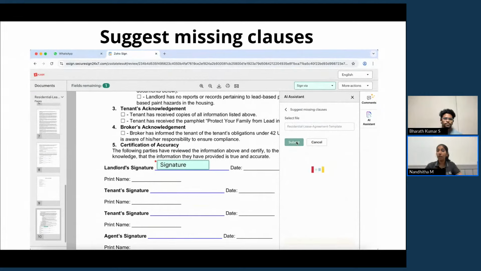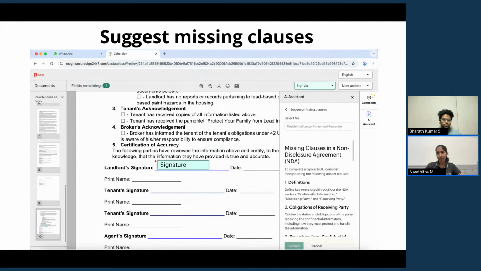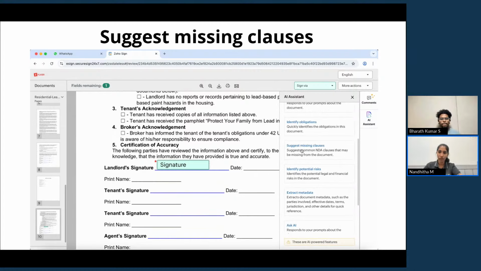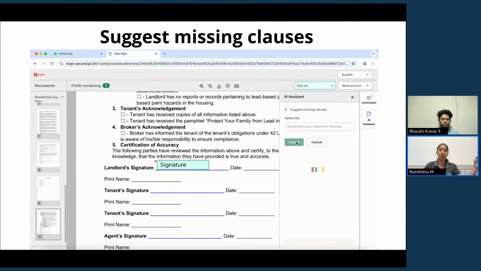Next, we go to suggestion of missing clauses. So this is as important as the previous ones, especially because sometimes you're drafting an agreement and sending it to somebody, but there might be crucial clauses that are missing. You might feel like, okay, everything is set in place, but there could be one or two things you might have missed due to oversight or human error. So at that point in time, it's important to check for missing clauses, which you can easily do with the AI assistant tool that we have here. So it'll tell you that these are the clauses that you could add. And exactly as Bharat mentioned, these are just suggestions. You can incorporate them or choose to have this advice ignored as well.